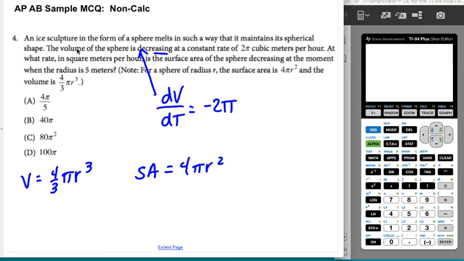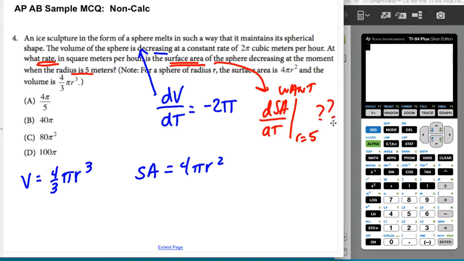So they ask what rate the surface area is decreasing. The thing they want is d surface area dt, at the moment when the radius is 5 meters. That's what they want. So the first thing I'm definitely going to need to do, since I have dV/dt